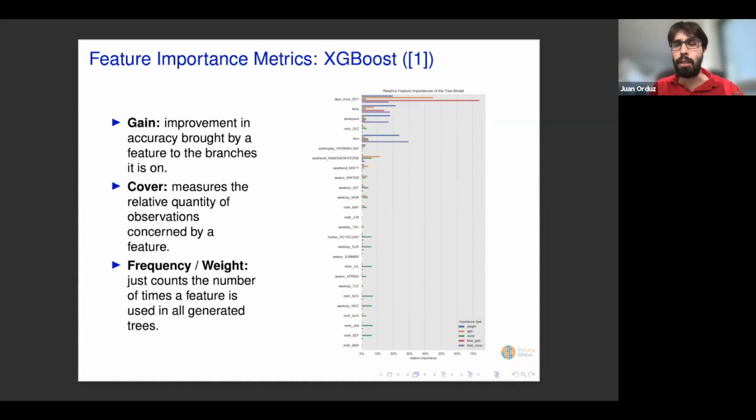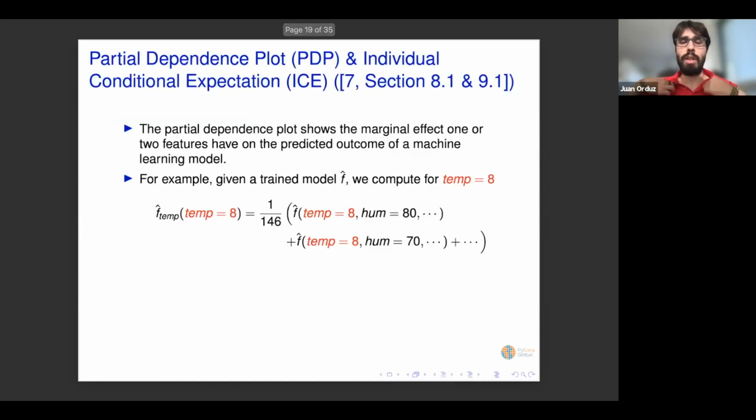I don't want to go into detail, but by ranking them, we see that temperature and the strength component are also very important for this model. And other meteorological variables like the wind speed and humidity could also contribute. So comparing these two types of models can now be a little bit difficult, because on the one hand we have beta coefficients, and on the other hand we have these tree-like inherent metrics.